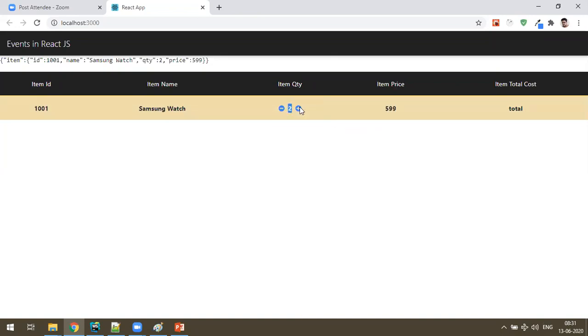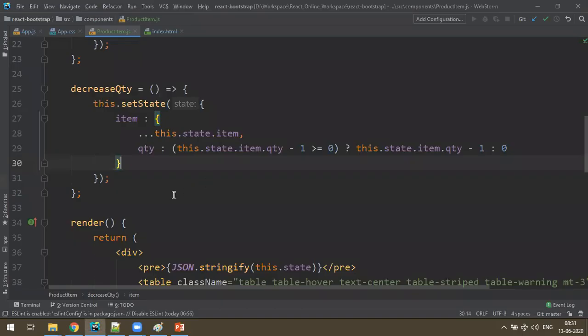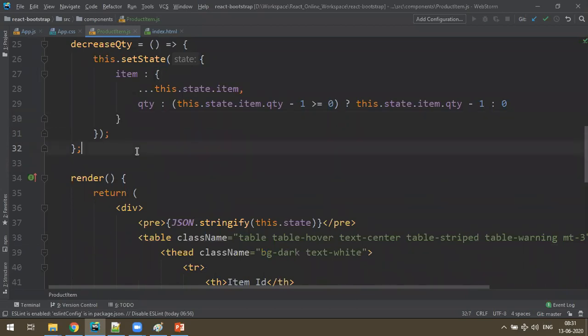But what about the prices? The price is not increasing as per the quantity. Actually the price cannot increase, the total cost will increase. Item price will be the same, and total cost will be price into quantity. So for the total, I will create a separate function.